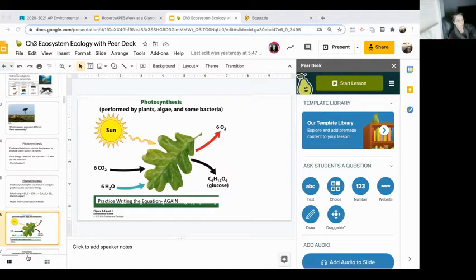I'm on slide 44, but it probably shifted from the original. This is the one off of the week at a glance. This is the exact same thing, but it's been made into a Pear Deck, so it's shifted off by one from what we normally do. All right, I see 21 or 25 of you.